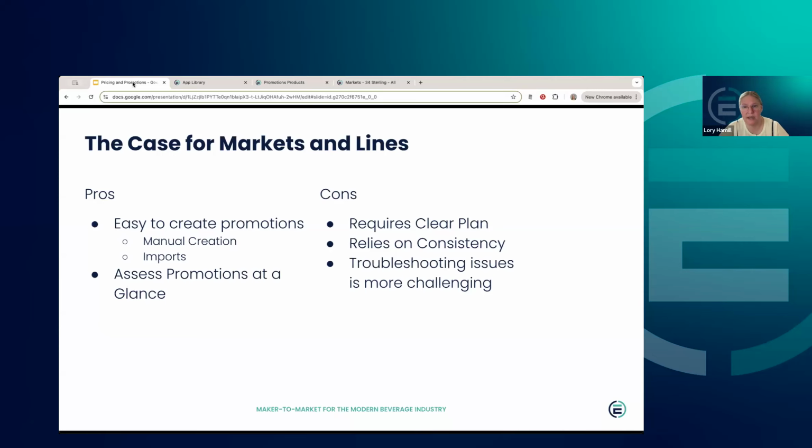The tough part is that it requires a clear plan. This is not a fly by the seat of your pants moment here. When we set up markets, we set up those clear naming conventions. We strategically add locations and promotion zones to it. So in a world where that market for Sterling has all of my promotion zones on it, remember that